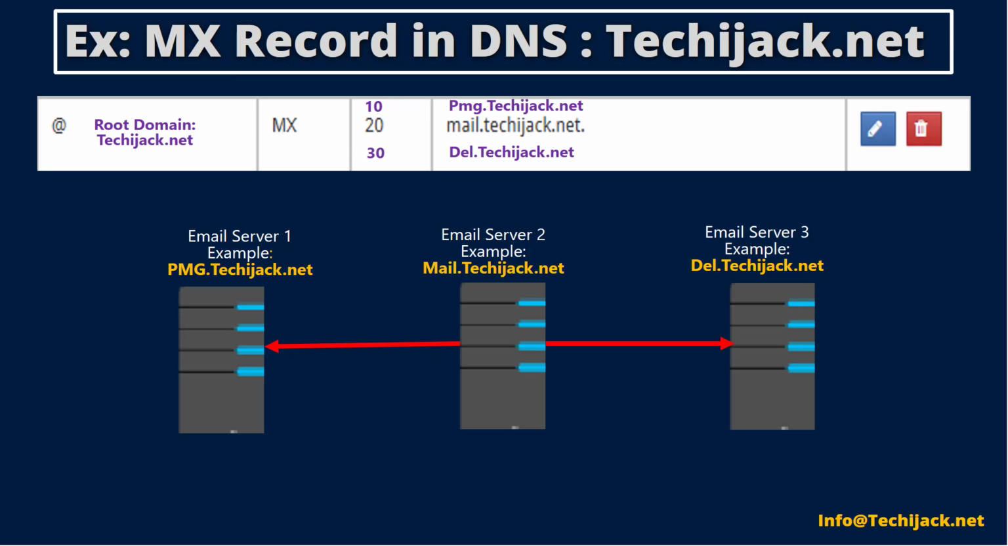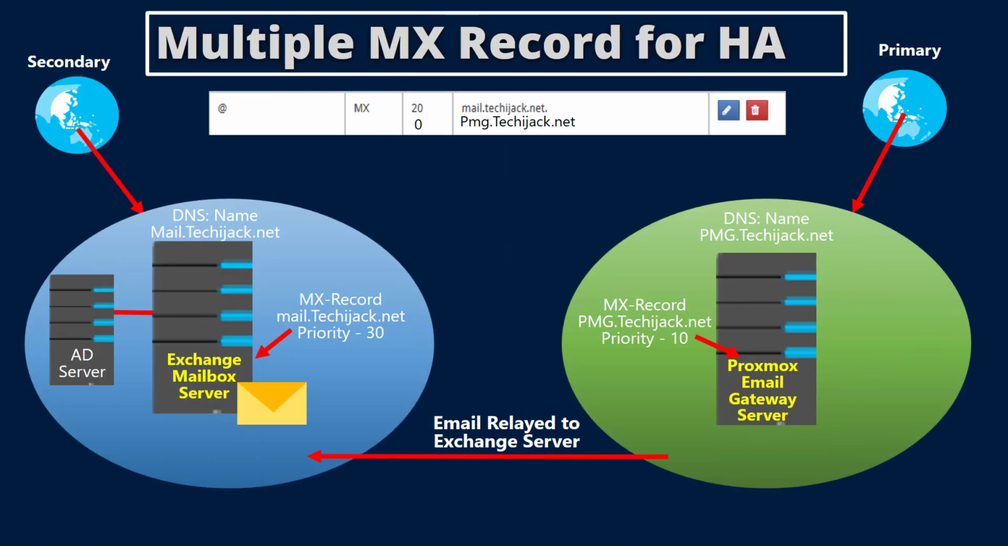So let's see our scenario here. We are handling this to make our email system more secure, redundant and highly available. If you see here, the domain is techijack.net and the DNS name for the MX record is mail.techijack.net, and here you can see the priority 0 for